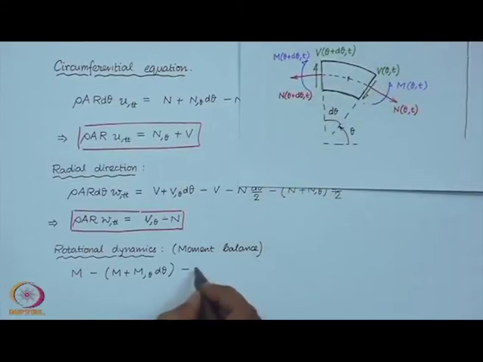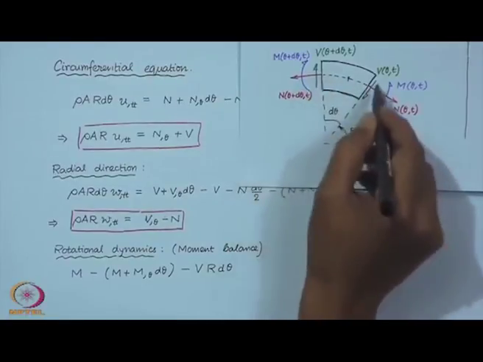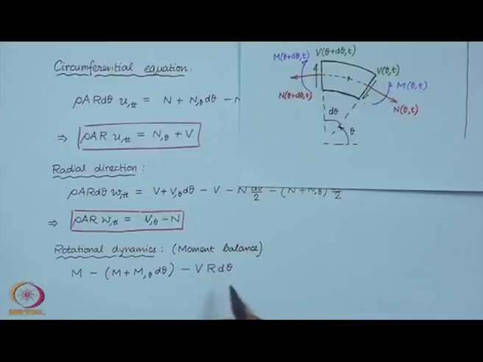So, that can be combined and written as, so this is rθ over 2 and this is also rθ over 2, and they produce moment in the same direction. So, it is V times r dθ. So, that must be equal to 0. So, that implies, so that is what we obtain from